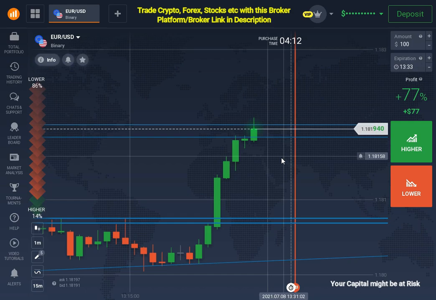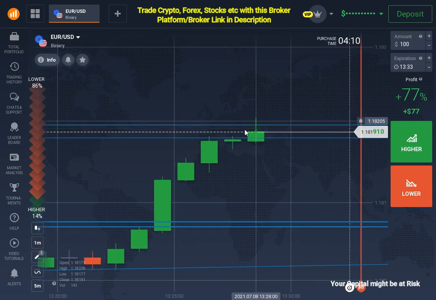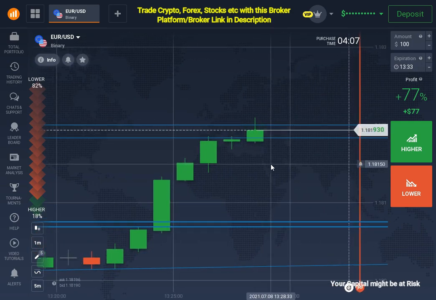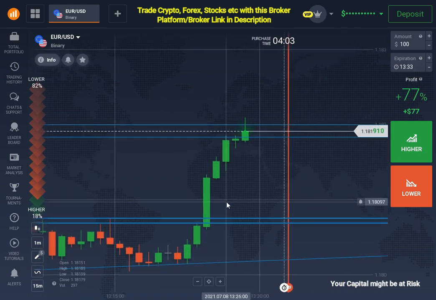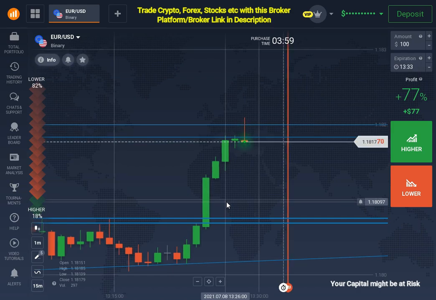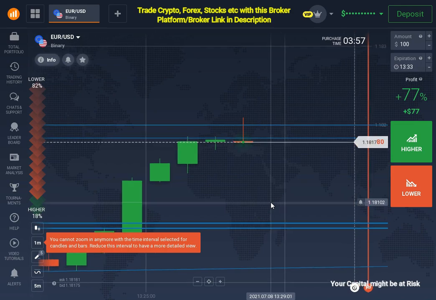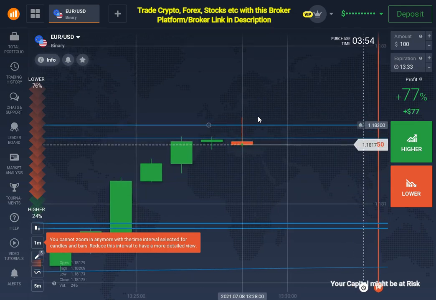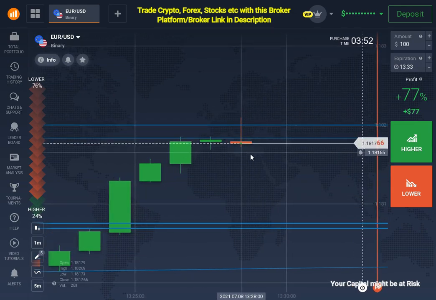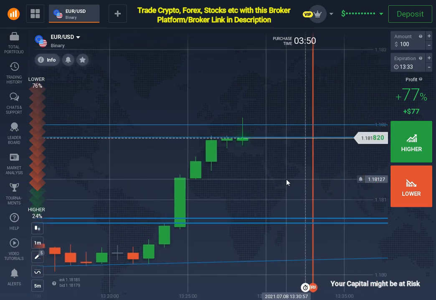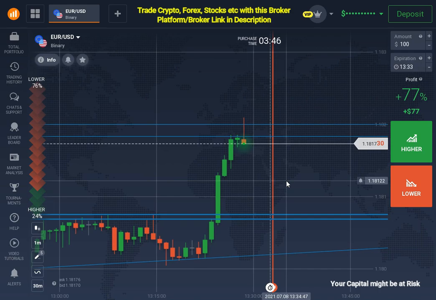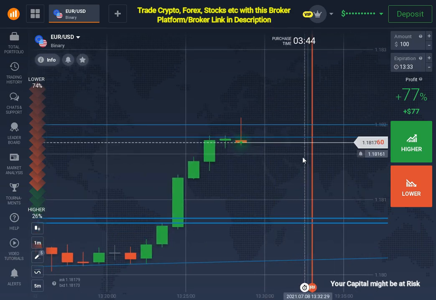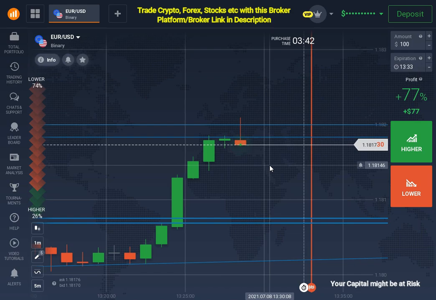So let's wait. As you can see, market is at the resistance level and we can see some rejections, but the volume, you can see the previous candles are very strong. So in such cases, market can break these levels also. But right now, as you can see, it's a clear rejection from the resistance level. So it's a good thing because we can get an opportunity in the reversal trade. So let's wait. I need a clear confirmation.